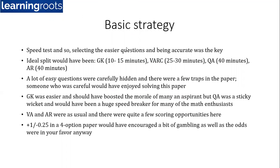Okay. So a lot of easy questions were carefully hidden, especially in quant and probably analytical reasoning as well. In quant, there were quite a few questions which were hidden carefully. So I had 2 DI sets, and there was a nice, easy quant question in between those 2 sets. Probably there were 2 or 3 extremely difficult questions, and probably there was an easy question somewhere sandwiched between